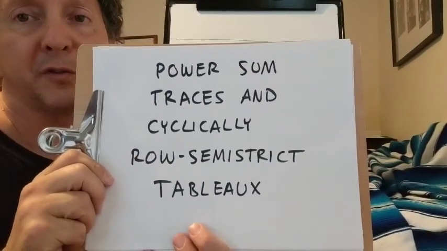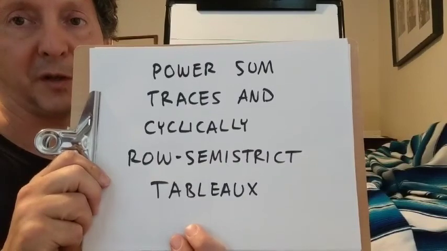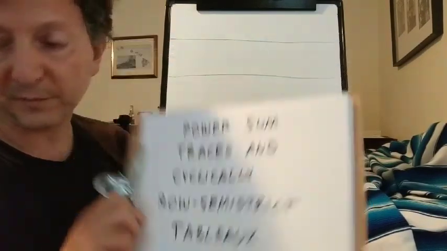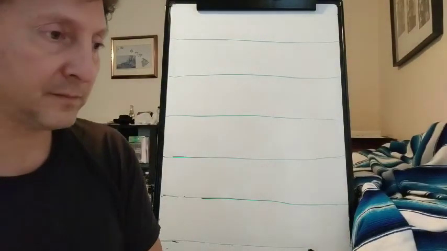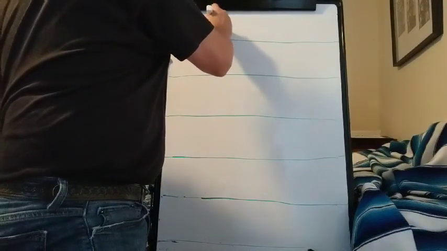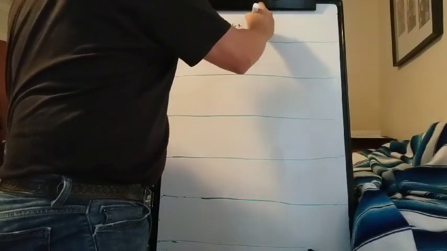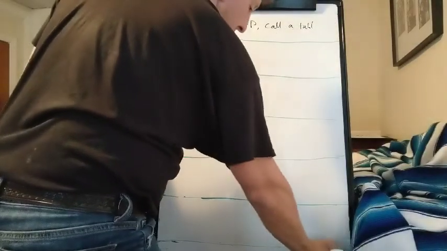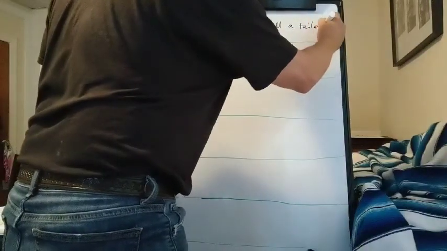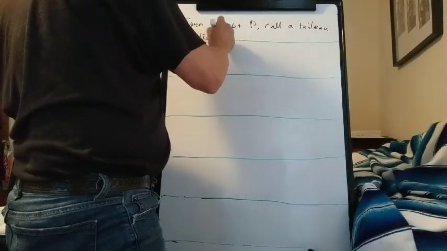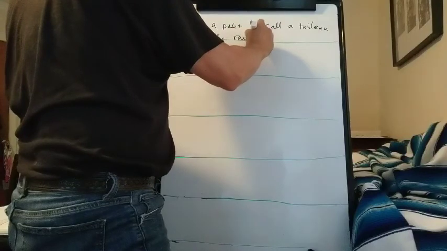We've used cylindrical tableau to compute power sum trace evaluations, and there's other tableau that we can use as well, which are called cyclically row-semistrict. So given a poset P, call a tableau cyclically row-semistrict